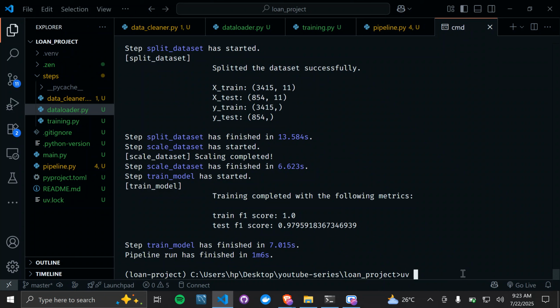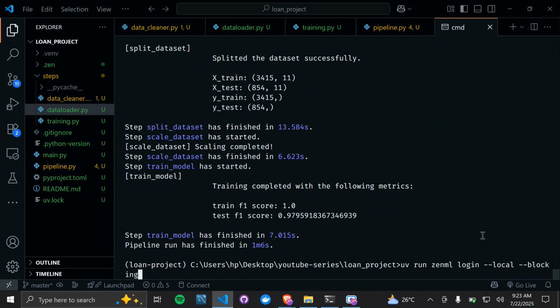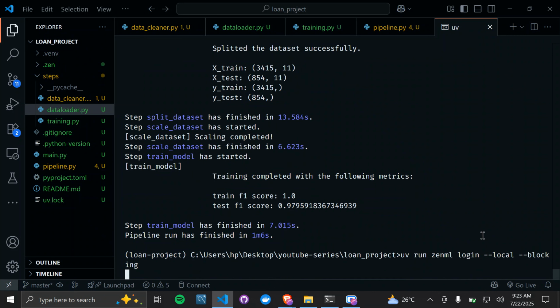So let's go to uv run, to bring up the pipeline so that we see how everything works. So I can say uv run zenml login --local. If you're on something like Linux, this is going to sort you out. Just run this. But Windows is always dramatic, so you have to add --blocking and hit enter like that. So if we run that,